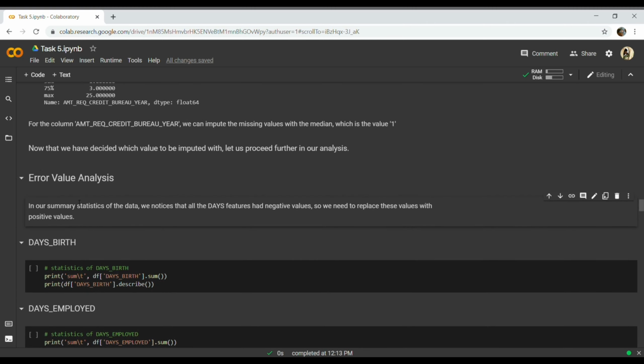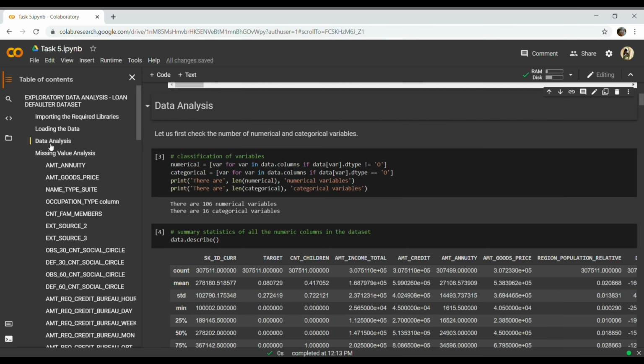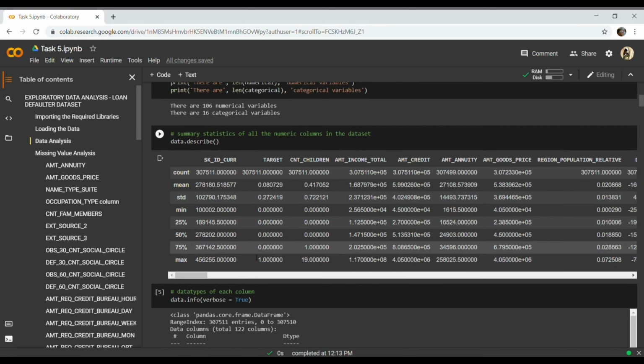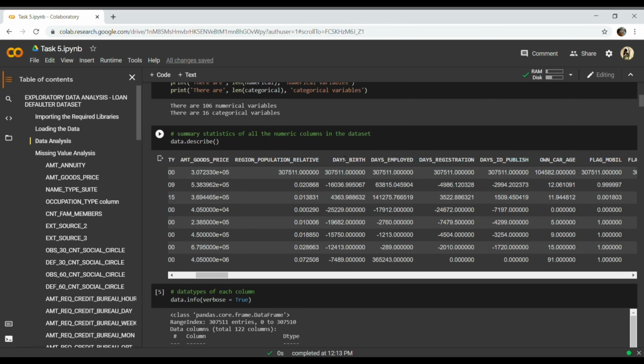Let's move on to the summary statistics first. Data analysis. Now if we see days birth, days employed, days registration, we see that the minimum value is negative and the maximum is also a negative value. So there are a lot of negative values. So these values we need to clear first.